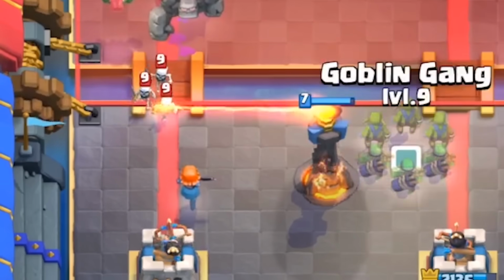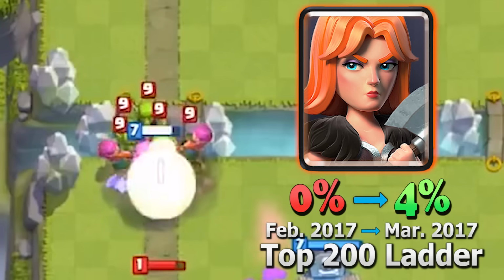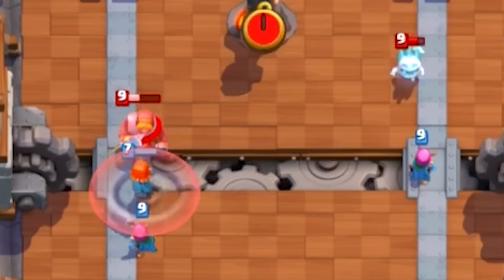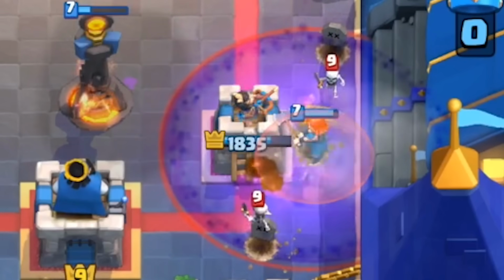Valk's use rate this season would rise over 1% usage in top ladder for the first time in 6 months to about 4%, which still isn't good, but what caused it to rise at all? Well, it was thanks to a new variant of, you guessed it, Hog Rider. The reason Valkyrie was chosen in this deck rather than Ice Golem was partially thanks to it being way more